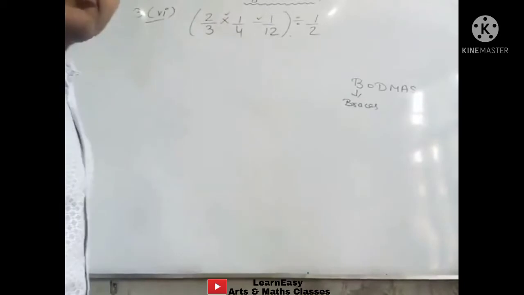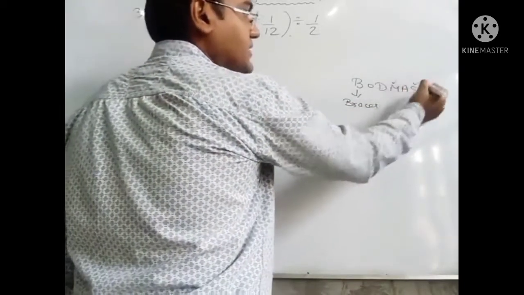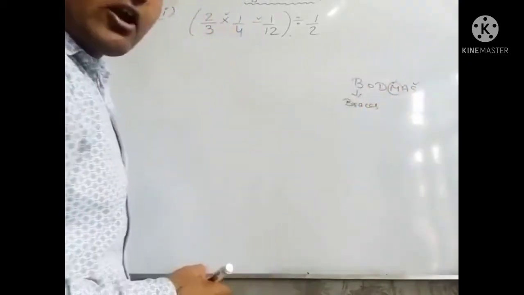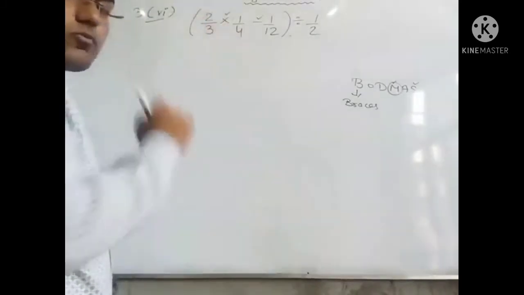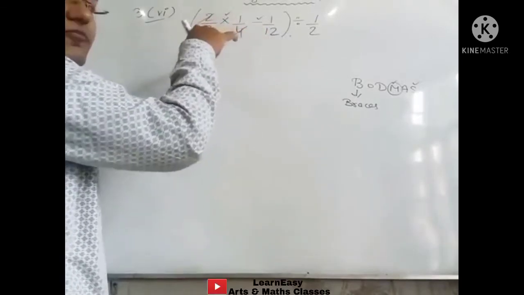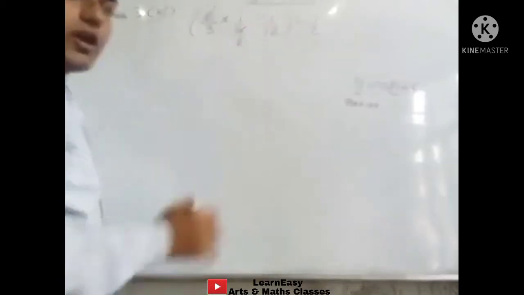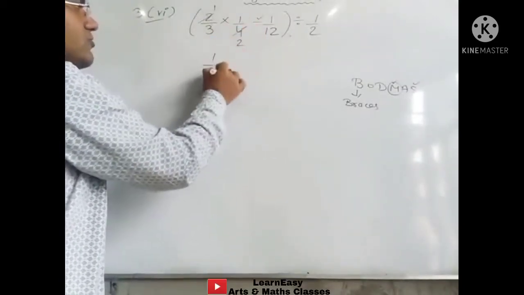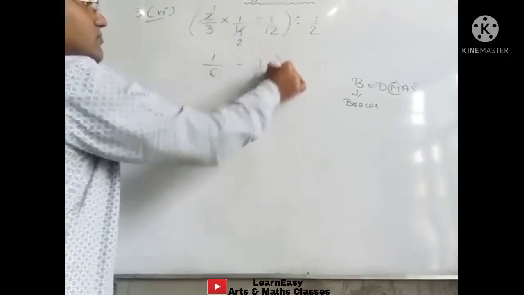So here we will take the help of BODMAS again. Multiply and subtract. This is multiply and this is subtract. So multiply is coming first, subtract is coming later on. So first of all we have to multiply these two numbers. In order to multiply these two fractions, first of all we will cancel them with the same table. 2 ones are 2, 2 twos are 4. Now we will multiply them. 1 multiply 1 will become 1, 3 multiply 2 will be 6, minus 1/12, bracket close,